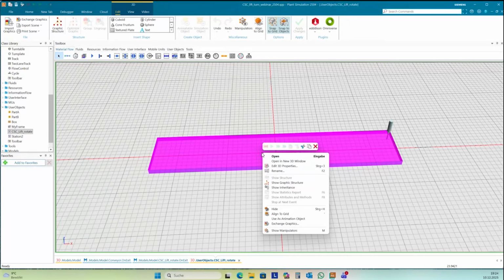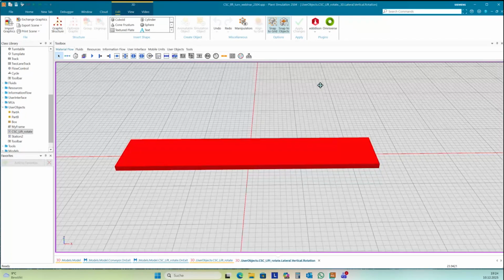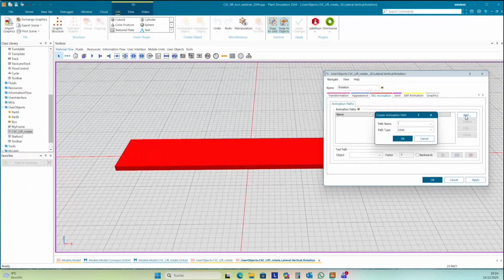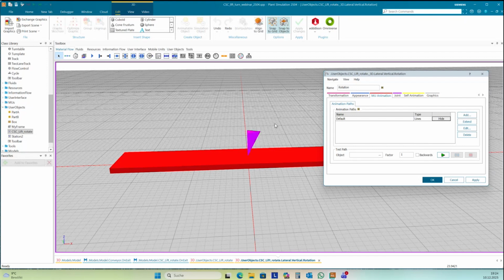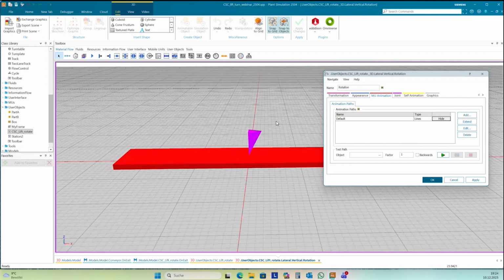Right, open it in a new 3D window, and here we need to add MU animation. Edit 3D properties, and here there's no MU animation by default. We need to add one. Type lines is okay, and the path name needs to be for the station default. Okay. Then you can show this, and you'll see here anchor point, and you can change the position of the anchor point if this is not the right position.